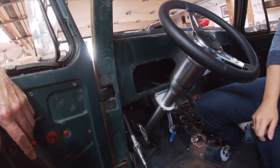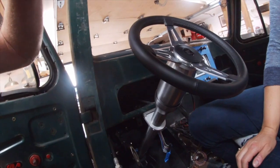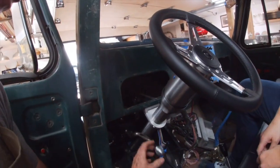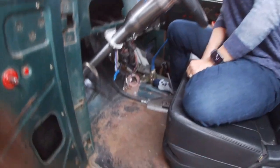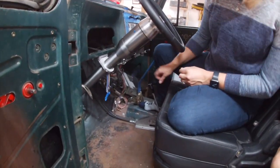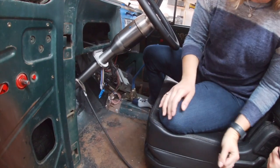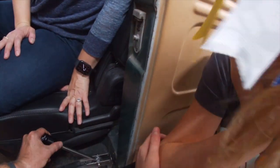Like, could you put it there? I don't think that's really accessible. Could you put it there? Well, this cable has to go all the way down here, so having it point up is not a terrible idea. I guess option 2 is we could just put it on the flat portion here. I don't like that either. That feels awkward for when you're using the brake and the... Yeah, you're right. Trying to attack my foot. Well, what about there? You could have it in 2, you know, and then...